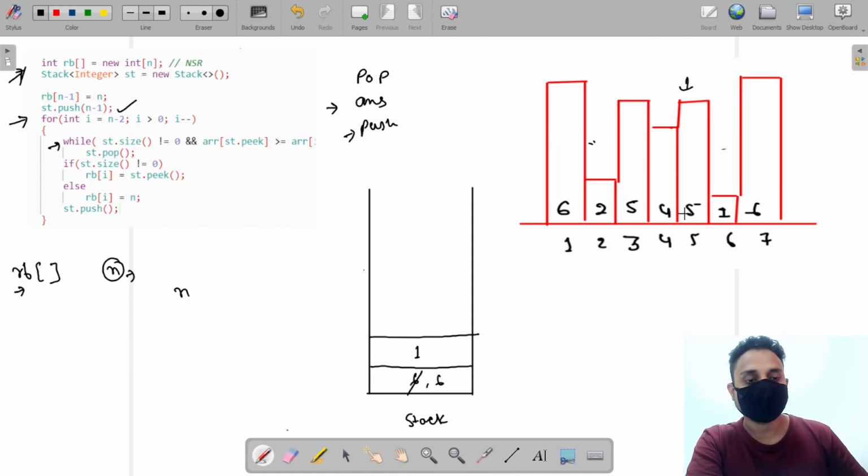Okay. So what did 5 do? Again, it checked: is the element in the stack greater than me? No, it is not. So no popping, because it is not greater than me. So what is my answer? The element lying at the top of the stack is my answer. So for 6, the answer was,